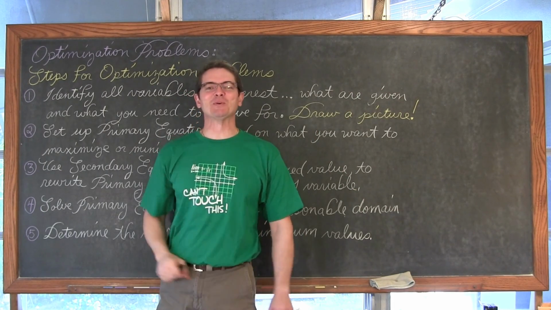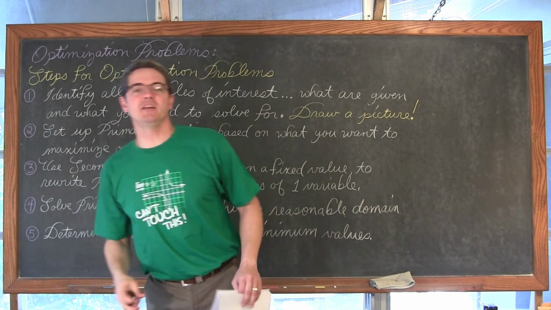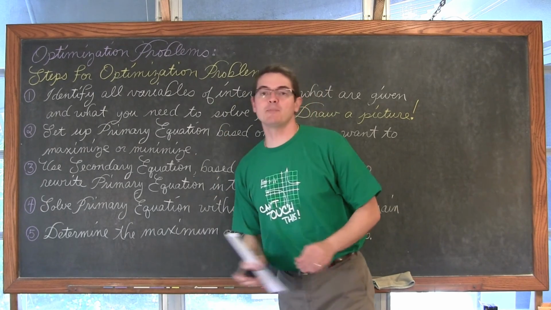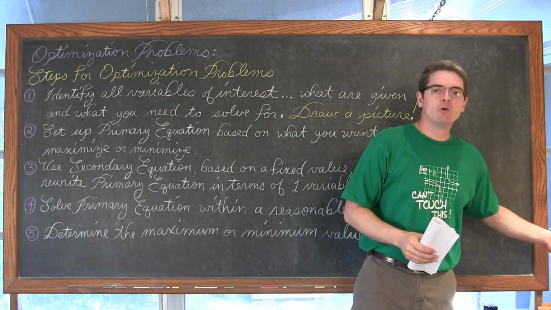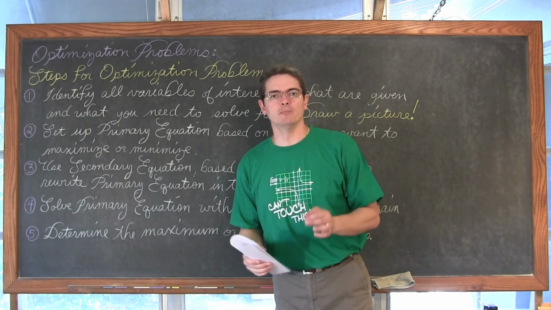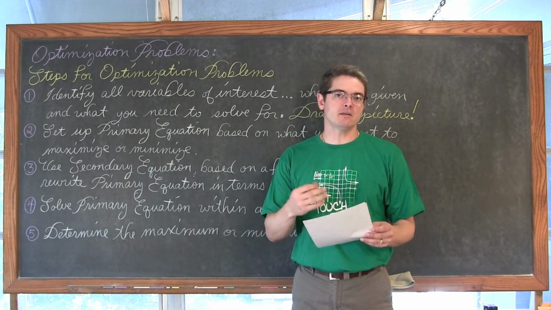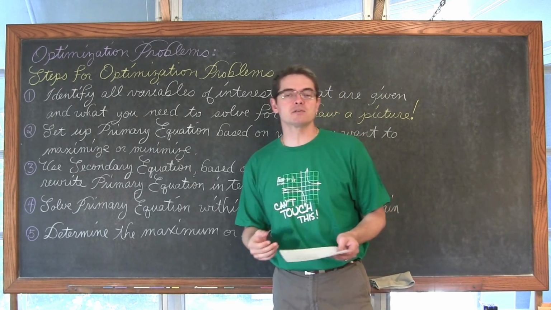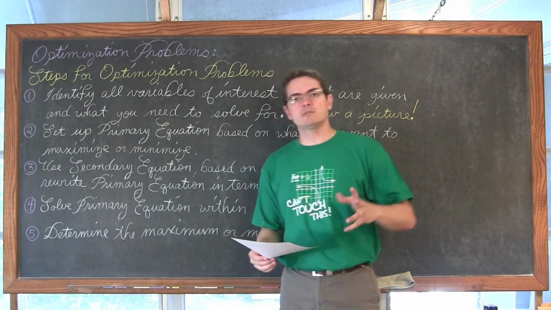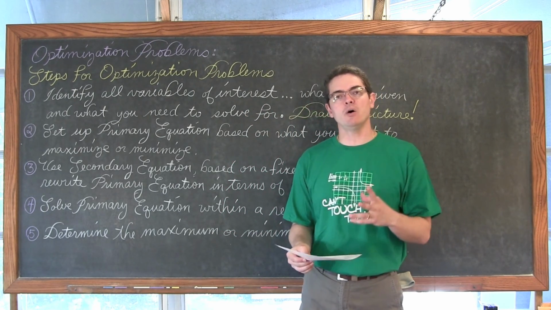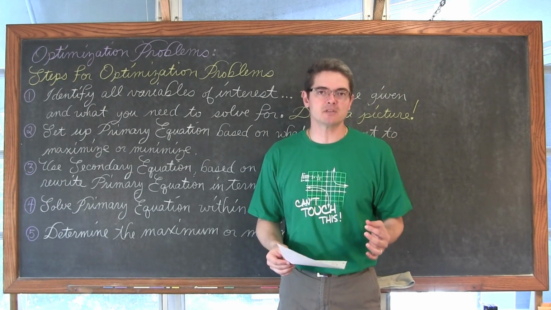Bam! Mr. Tarrou. In this second of two videos I'm doing with optimization problems in calculus, we're going to do three examples dealing with volume. We're going to minimize the volume of a rectangular solid, a box, with a fixed surface area. We are going to find the maximum volume of a cone that we can inscribe inside of a sphere.